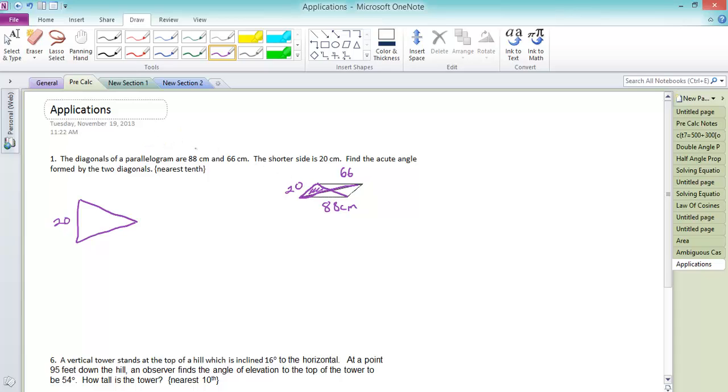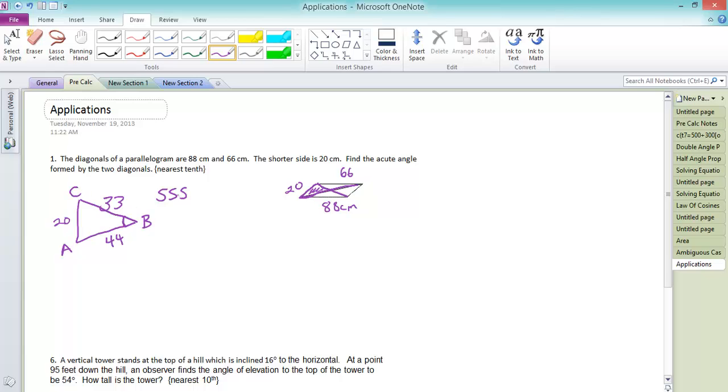Now, this side is only half of that 66, so it's 33. And that's half of 88, so it's going to be 44. And we want to know what this side length is. Because we have side, side, side, I'm going to use the law of cosines. If we call this A, B, and C,